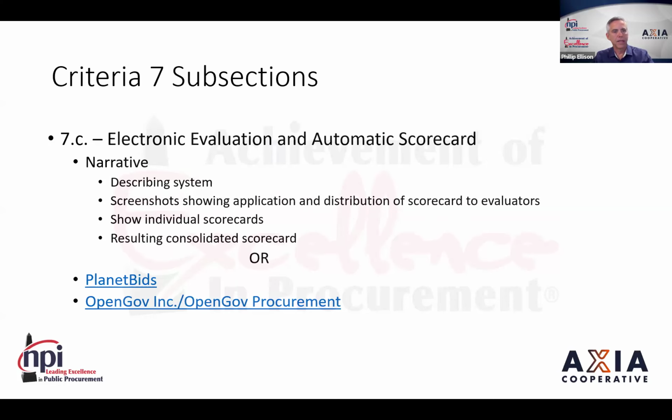And then 7C, I know, Brandon, you were going to go into this. This is in the evaluation of your own solicitation submittals. This is an automated evaluation process. So meaning your system has the ability to create its own